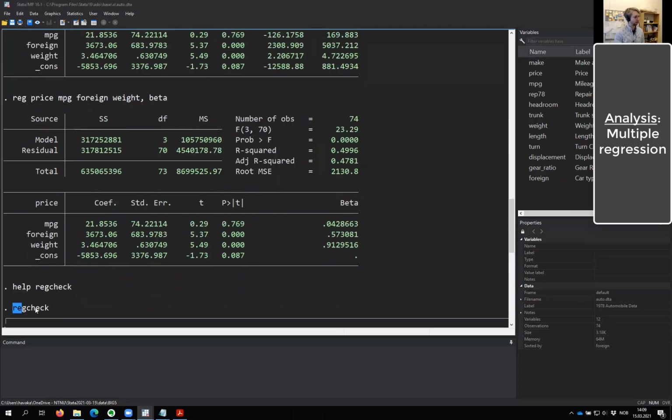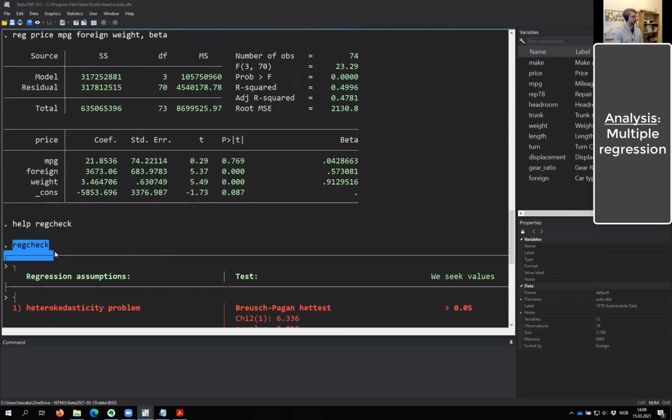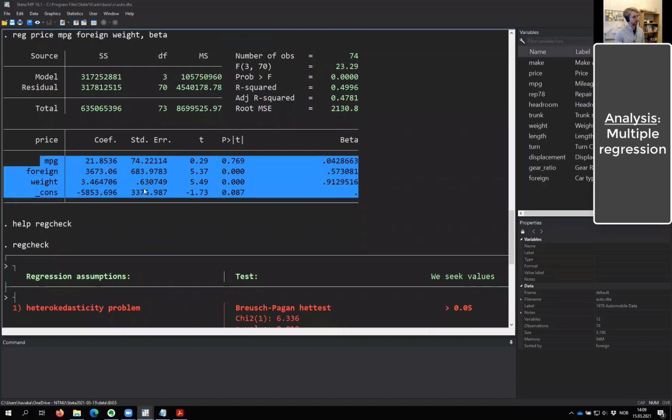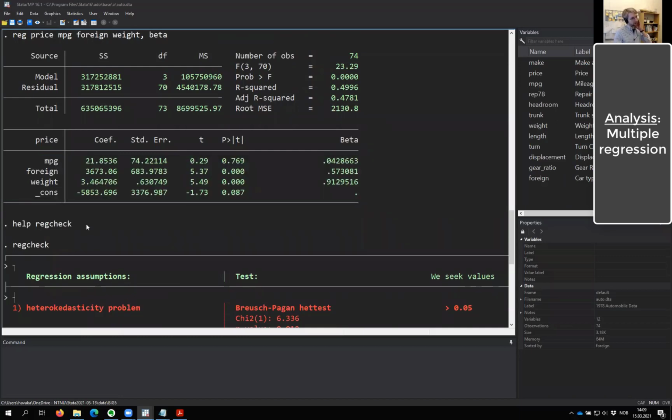So what is a post-estimation command? Well, you can start by asking, how did Stata know where to get the numbers for this reg check? How did it know that this referred to this? The reason is that when Stata does an analysis, it will temporarily store the model output in its memory. And if you then afterwards run specific commands, like typically a reg check or some of the graphs, then they will assume that you mean to use the data you just generated from a model,